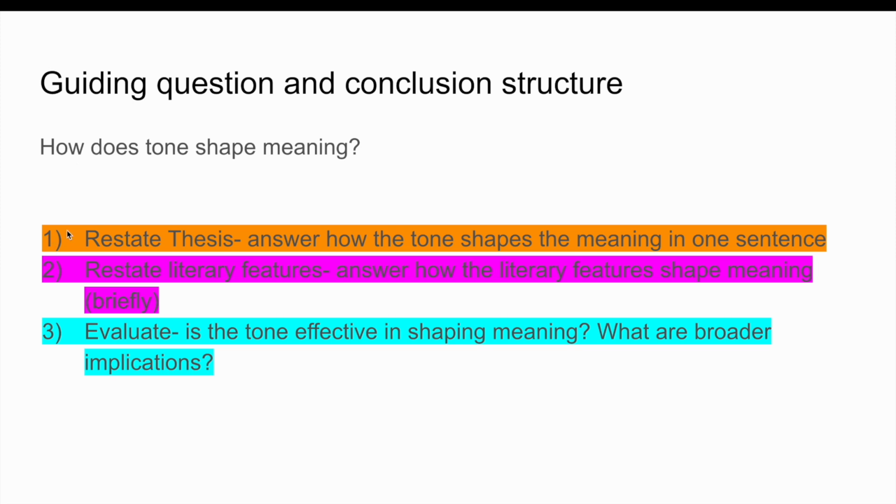So with reference to this question, we have to restate the thesis. So we're basically answering how the tone shapes the meaning in one singular sentence. We're restating literary features. So we're answering how literary features shape meaning very briefly. So don't repeat your whole essay here. Just have a one or two, maximum two-liner, but I'd recommend a one-liner stating how the literary features shape the meaning,